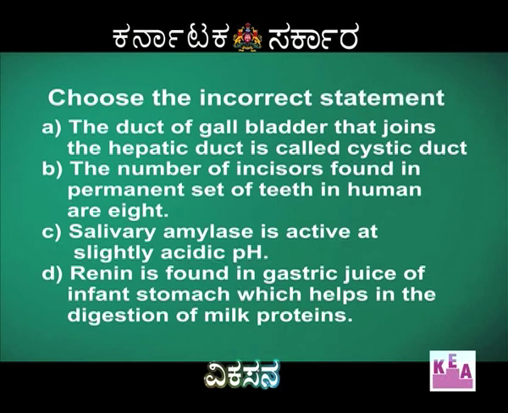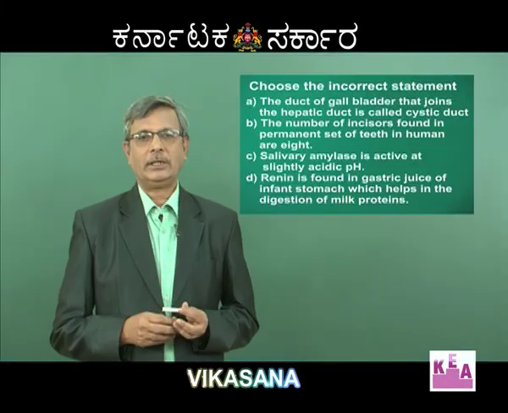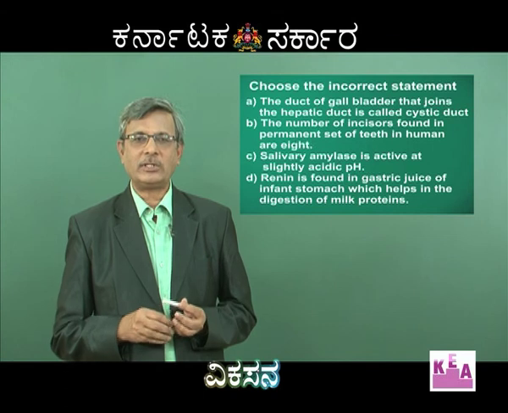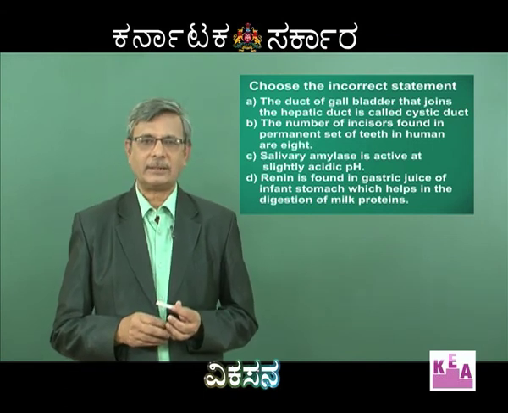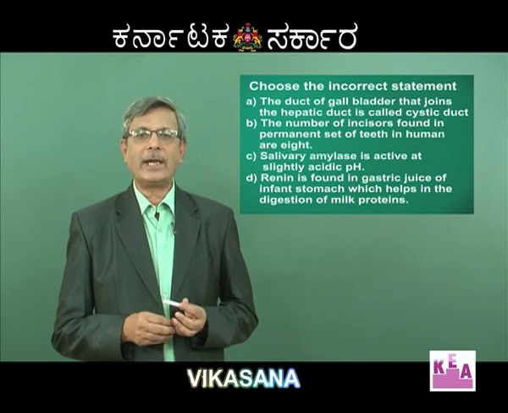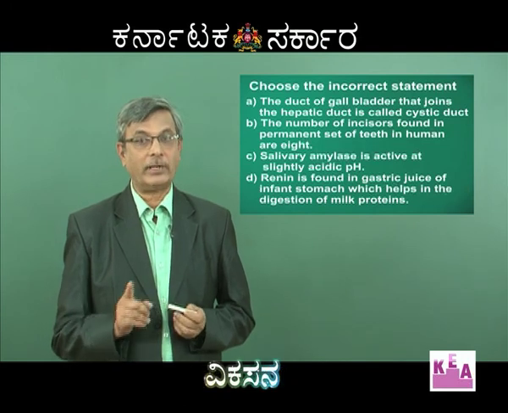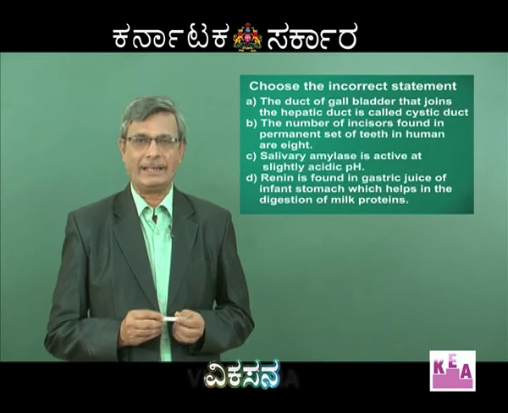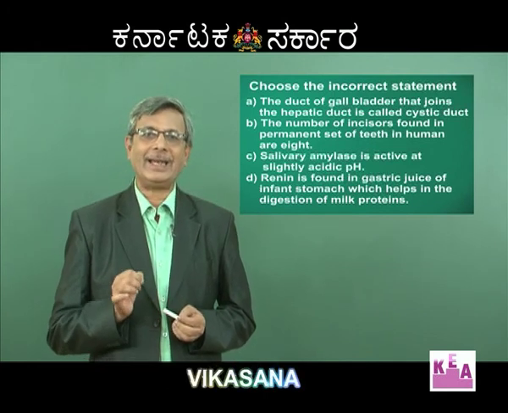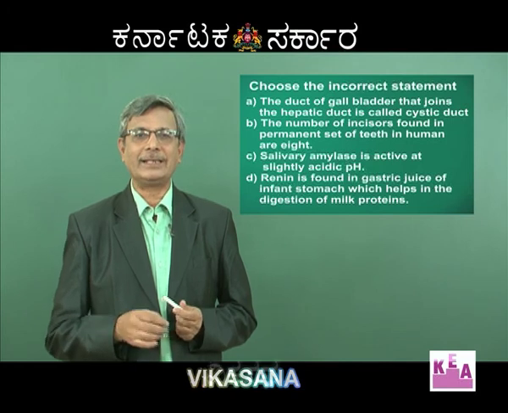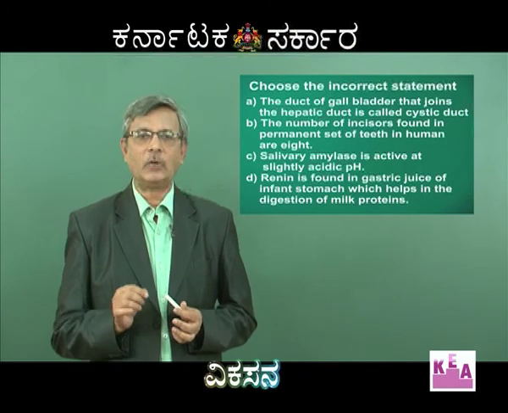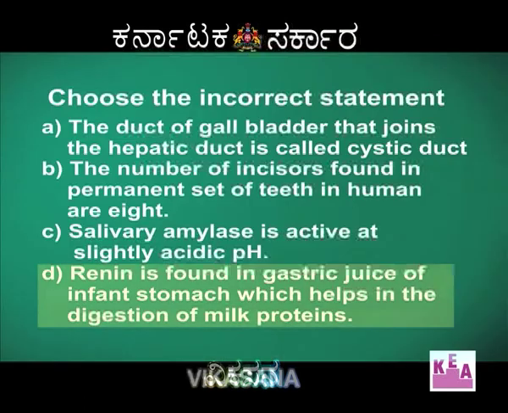Option 3. Salivary amylase is active at slightly acidic pH. Yes, it is active at 6.8, which is less than 7, so slightly acidic. Option 4. Rennin is found in gastric juice of infant stomach, which helps in the digestion of milk protein. Dear friends, look into the spelling of the word rennin. R-E-N-N-I-N is a milk curdling enzyme found in the gastric juice of infant stomach. Here the word is renin. It is a hormone secreted by juxtaglomerular cells of the kidney. So answer is